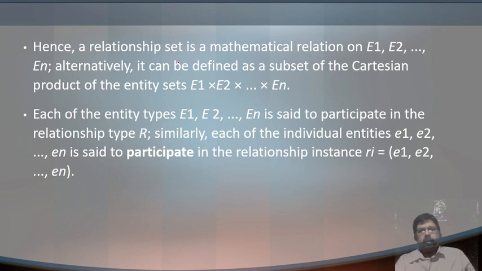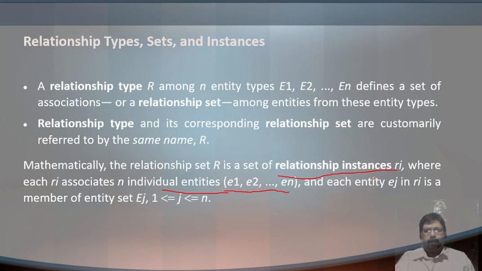Next, the relationship is mathematically a relation on E1, E2. So here when we write it in capital letters, those E are considered as entities, correct? So that you should be very clear. And when we write the individual entities, it is represented as E1, E2, meaning data in that particular entity. In the employee table, one employee's information you can consider as E1, and that is joined with the SSN number or department number of the department table, correct? And when we join it with the project table, it is joined with the SSN number.